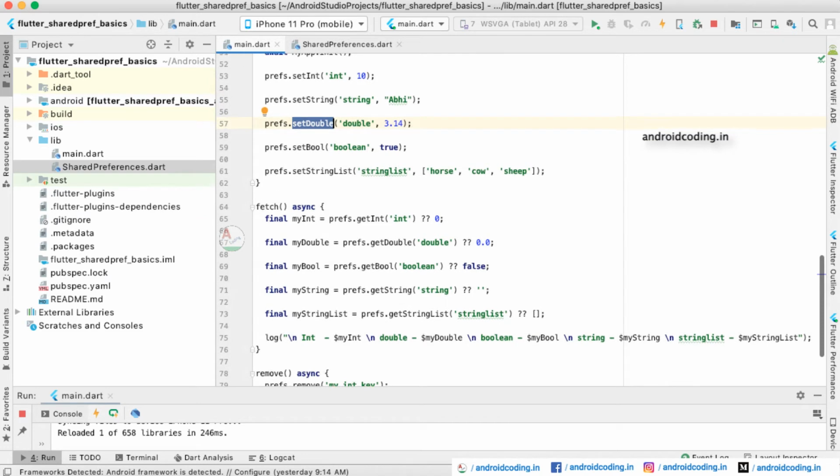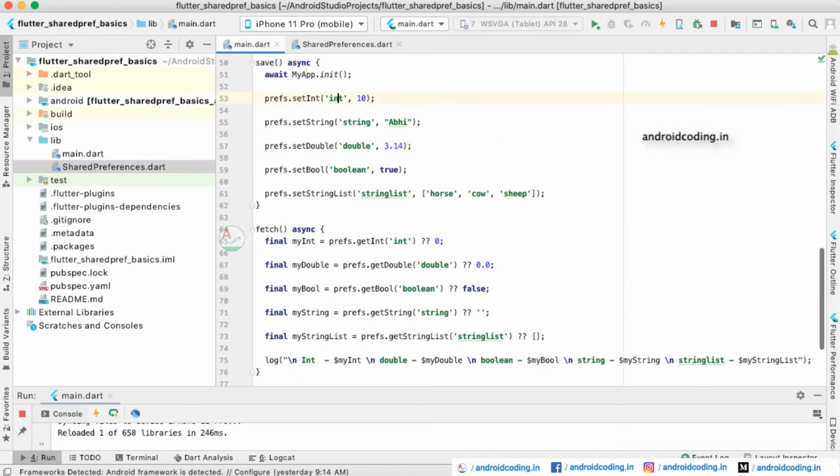And now it's time for fetching the data. As we have discussed, we have used key values, so with the help of the same keys we fetch the data. Here the value 10 is stored in this particular key. We call the key, fetch that value, and display it to the user. What if there is no value? For example, you have not stored any data and you are trying to fetch it. In that scenario we get a default value of 0.